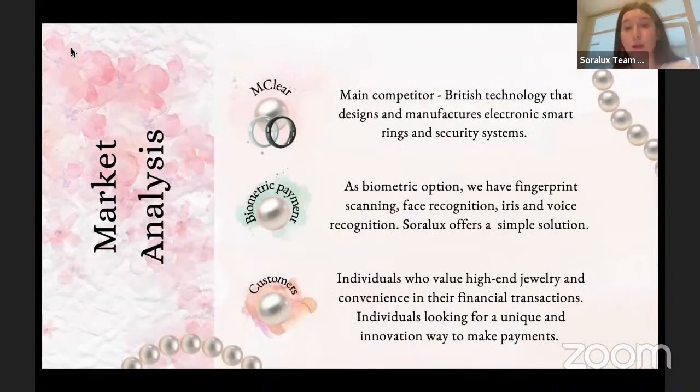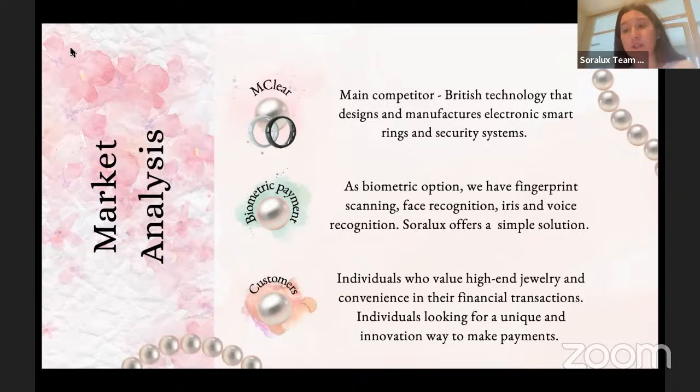So now, talking about our market analysis, our main competitor is McClear. It's a British technology company that designs and manufactures electronic smart rings and security systems. However, McClear creates the design based on the ring functionality, and Sora Lux will focus on elegance with utility.